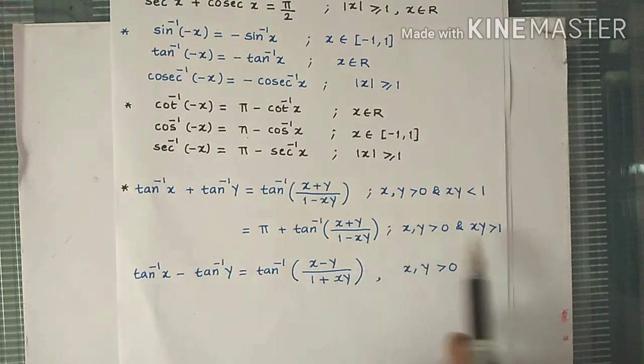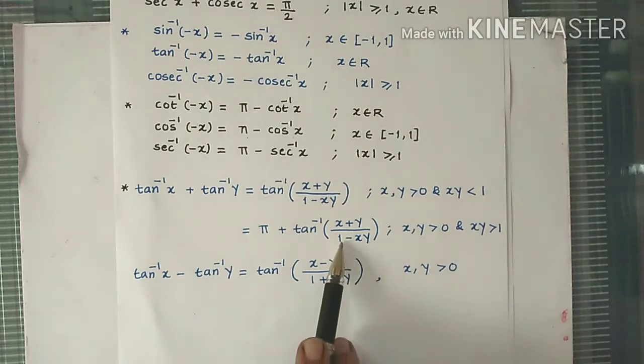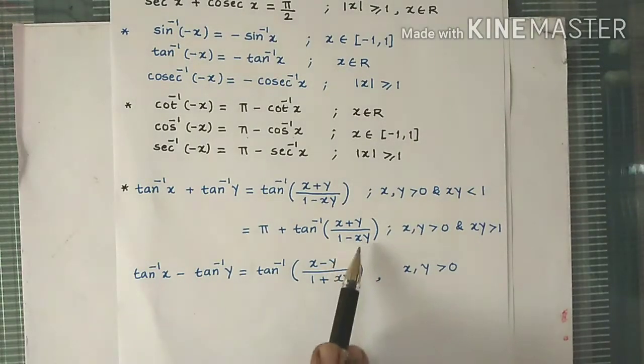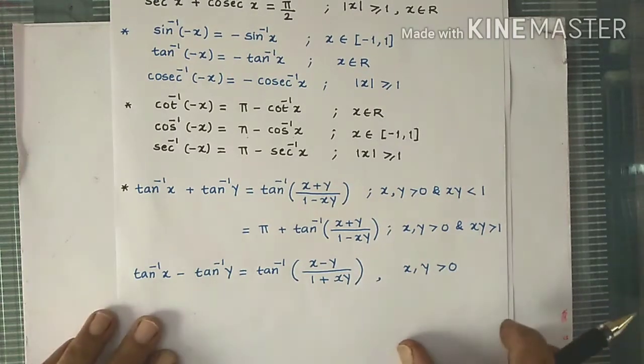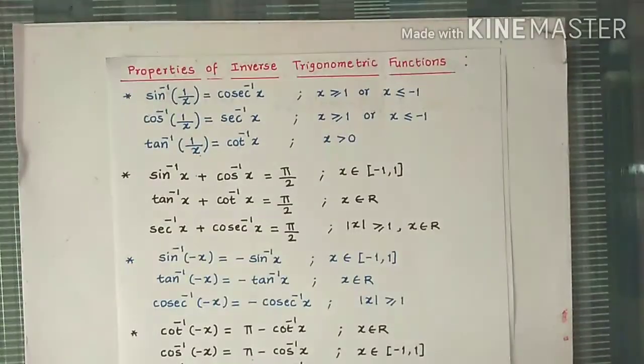See, if xy is equal to 1, the condition is not given here. If xy is equal to 1, what happens is 1 minus 1, so that becomes 0. So tan inverse will not be defined. Tan pi by 2 is not defined. So in that case, that value will be pi by 2. Okay. Let's solve questions first of all based on this tan inverse type property.